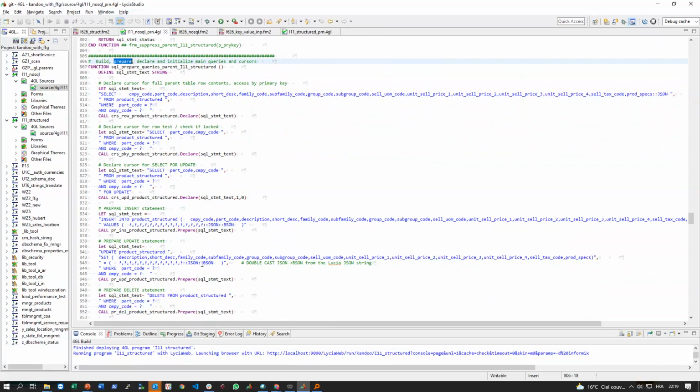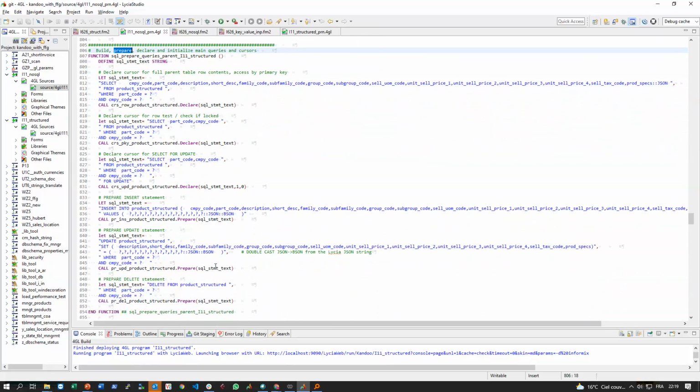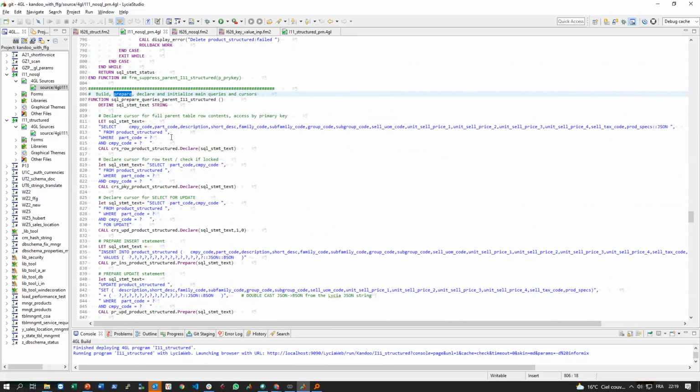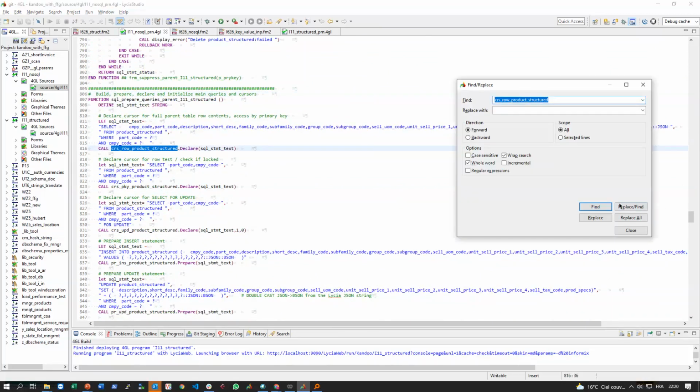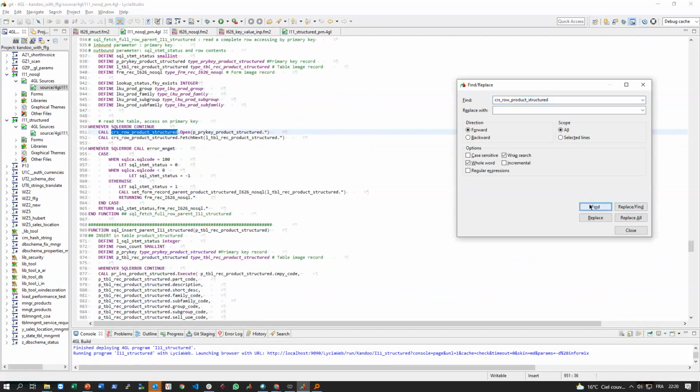Same for update, because I want to push data to the database engine. And here we go. That's how it is done. So now let's say I want to display, to fetch the row. So this is the full row fetching. So that's how I use it with the function,